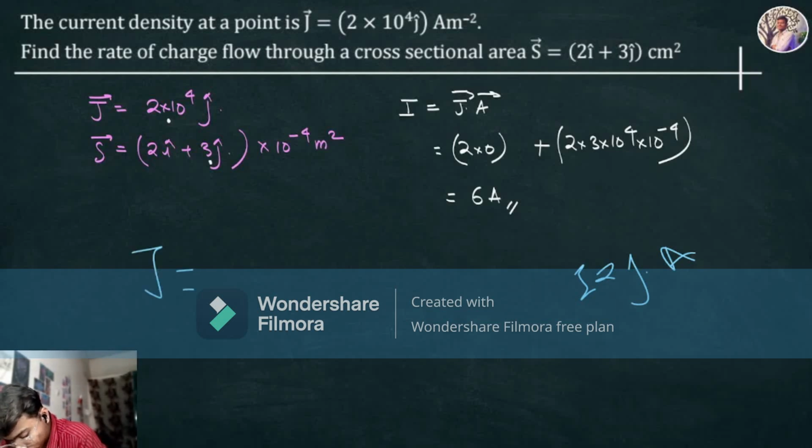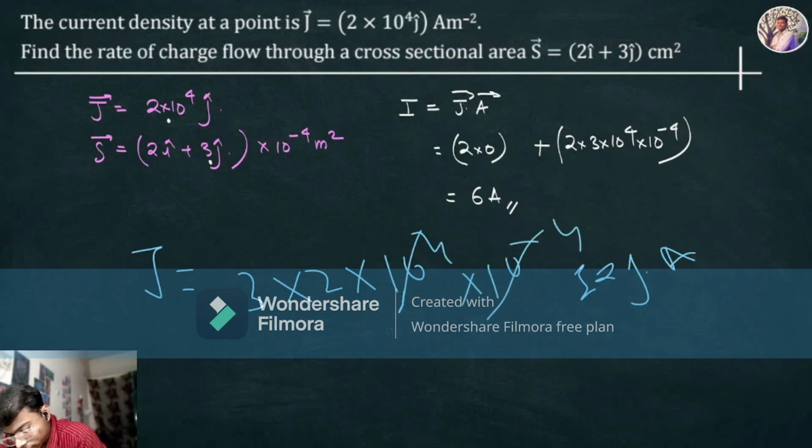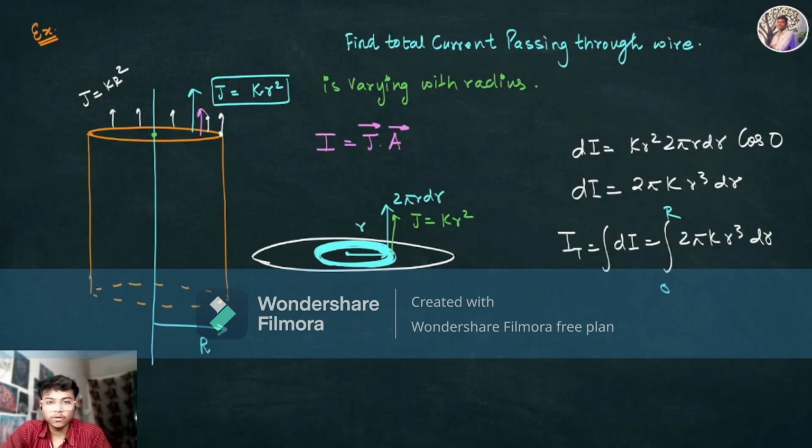Okay, so since J is given, we will directly multiply by the j-th factor of it. So 3 into 2 into 10 to the power 4 into 10 to the power minus 4. So this will be gone. Only 6 ampere will be the answer. Okay. So if we have a condition where we have to find the total current passing through the wire,